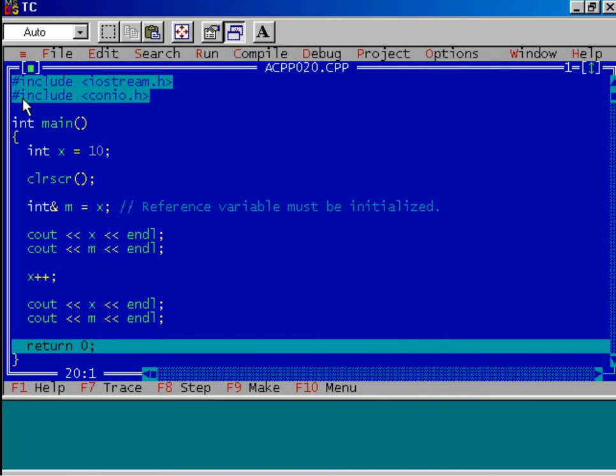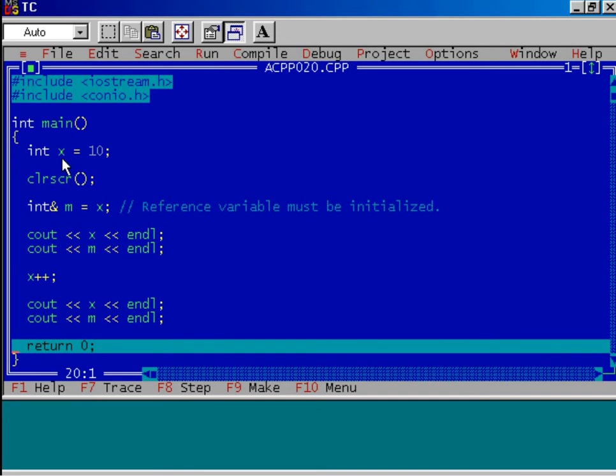In fact, the variable m is a reference. It is pointing to the same memory location of x. I mean, suppose the memory address of x is 111, then m is also pointing to 111. It is referencing the same memory location where we have stored the variable x.